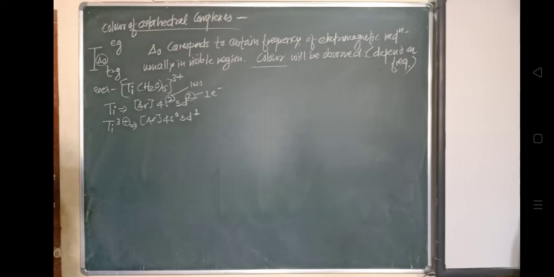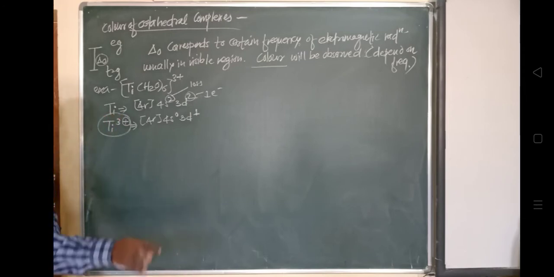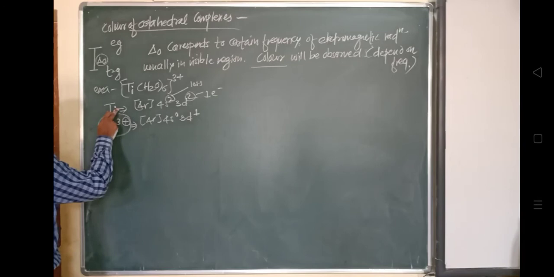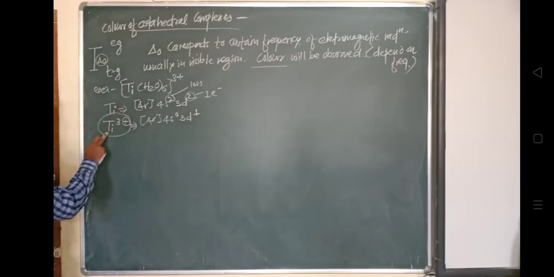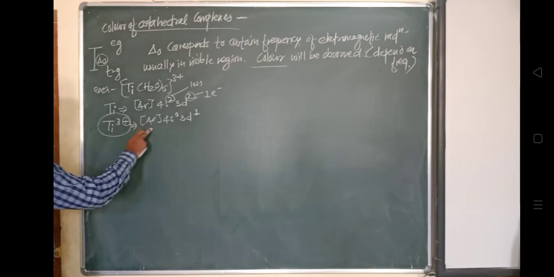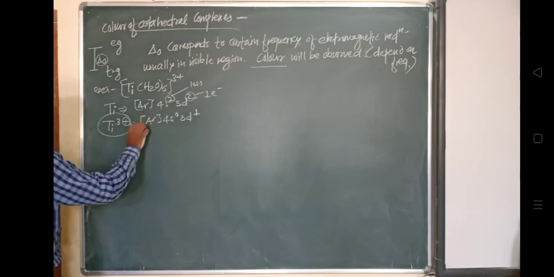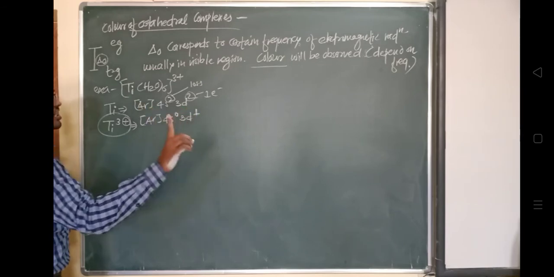अभी देखो यहाँ पे in case of this titanium 3 plus ion, book में नहीं लिखा हुआ है यहाँ पे, इसलिए ध्यान दो. This is the electronic configuration of titanium. This titanium has oxidation state 3 plus. So at 3 plus oxidation number, what will be its condensed electronic configuration in terms of argon? 4s0 and 3d1. Only one electron will be present over here.